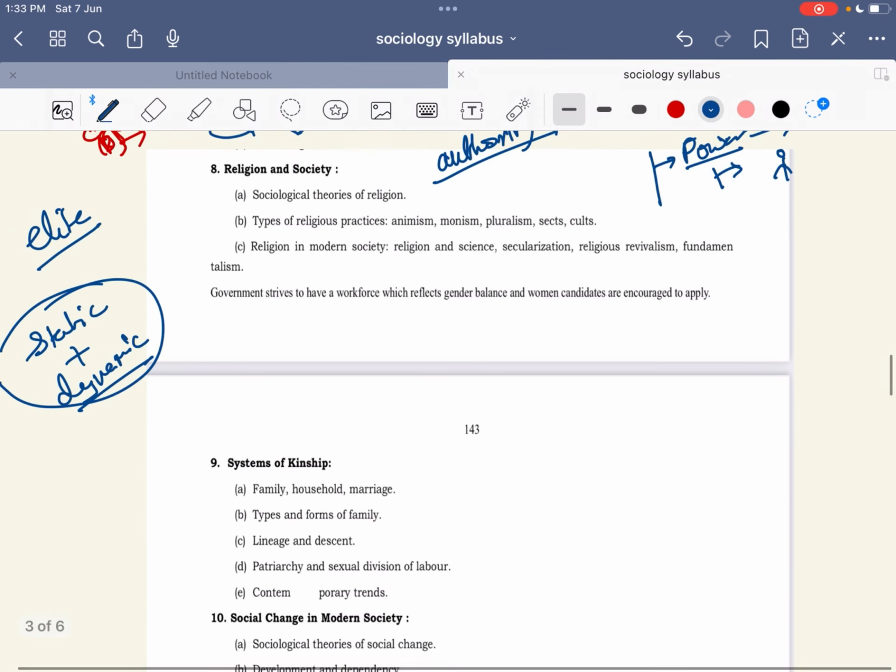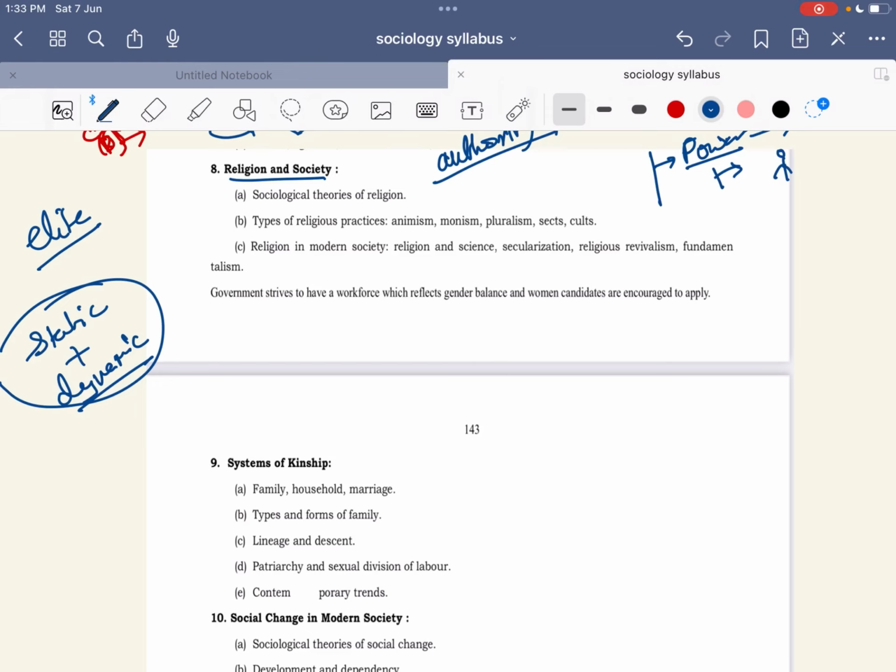Then there is a religion and the society. Okay, so religion is a very important institution in the society. It has a major part in the development of an individual. And see, Karl Marx, he is saying if religion maintains peace in the society, then why are people fighting in the name of religion? One religion's people fight with another, create chaos in the society, and you are seeing in current affairs every day. Understanding?